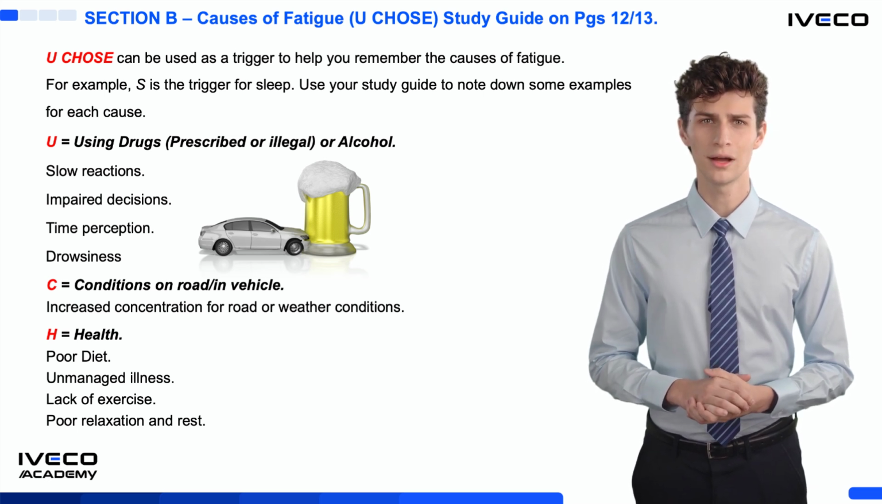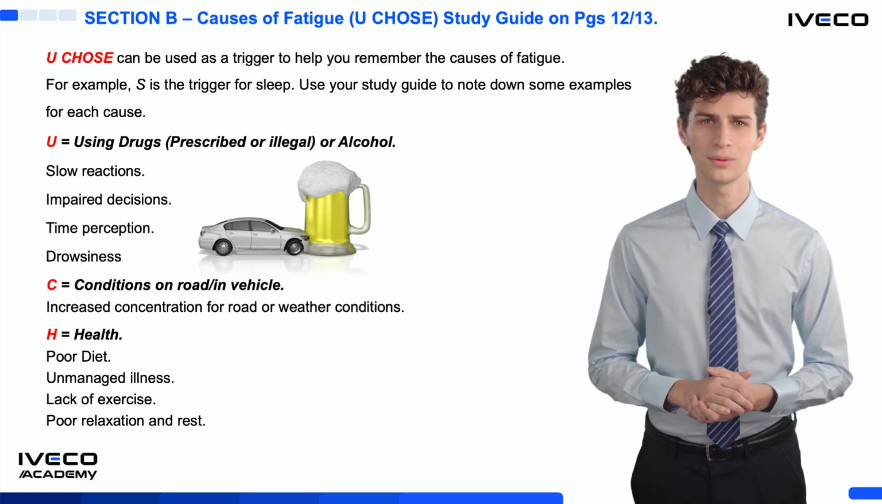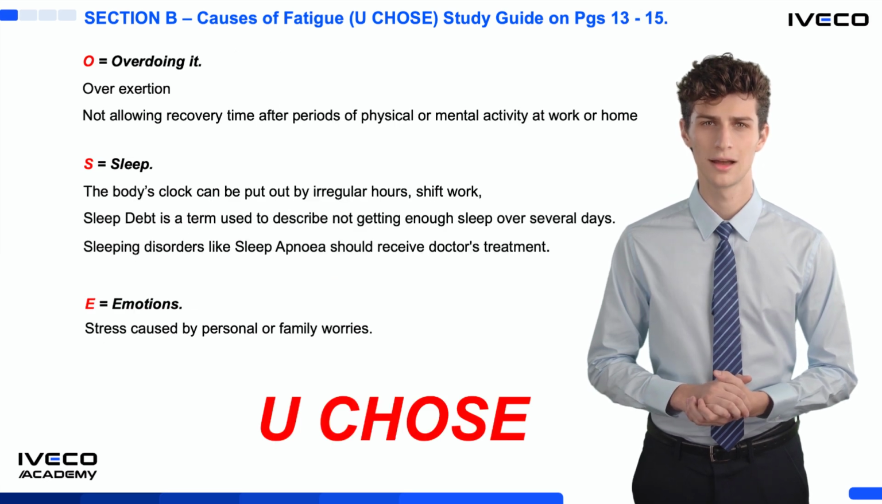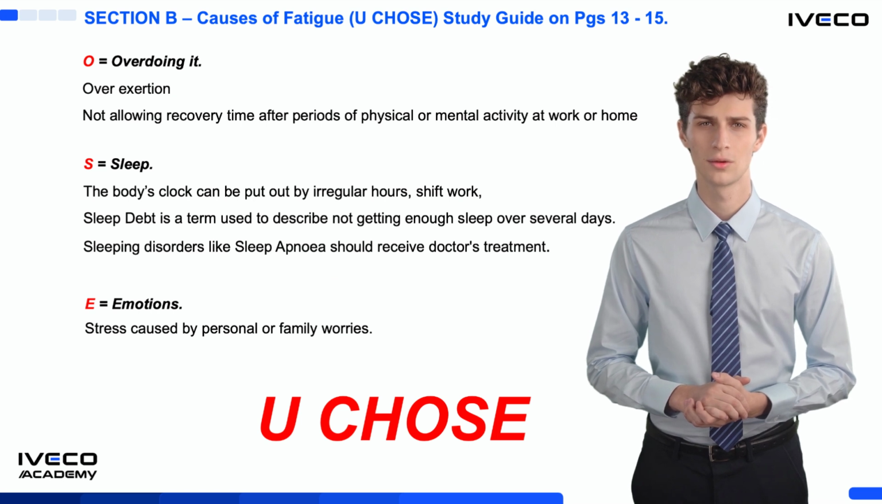Health issues can be directly related to a poor diet, an unmanaged illness, a lack of exercise, or poor relaxation and rest. Causes of fatigue, you choose. Please follow on pages 13 to 15 in your study guide. Continuing with you choose, the next point is O, which stands for